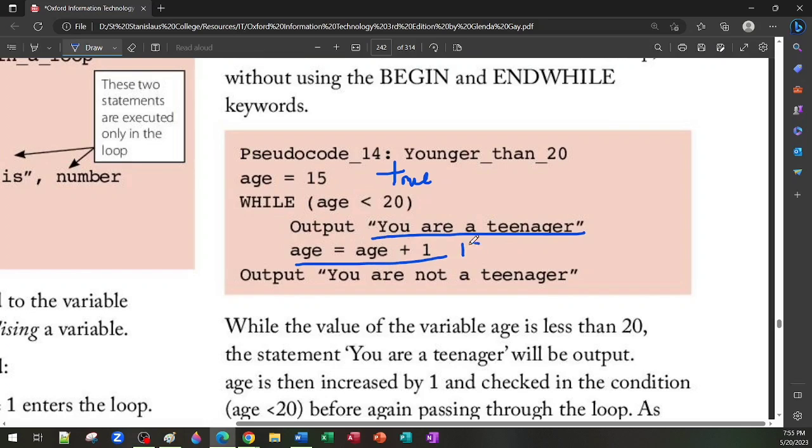That's going to be 15 plus 1, which is 16. So we have to go back to the top. 16 is here now. Is 16 less than 20? True once again. So we output, "you are a teenager." This here now is going to be 16 plus 1, which is 17. Then we go back to the top again. Is 17 less than 20? True. And we keep repeating like that over and over until,